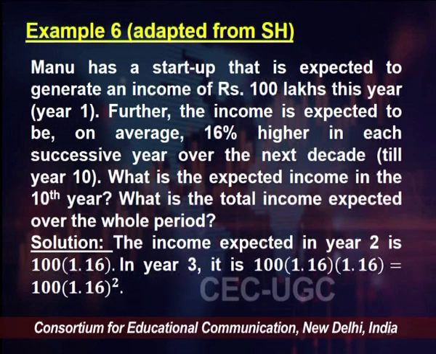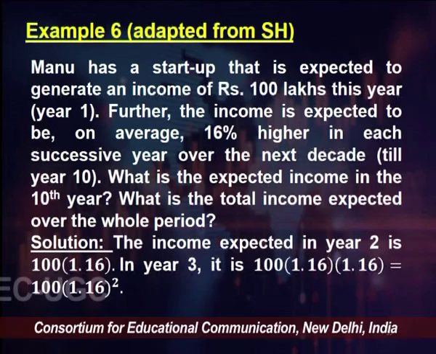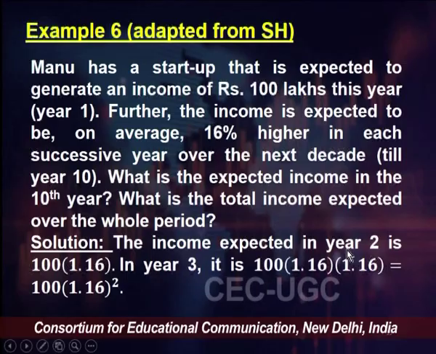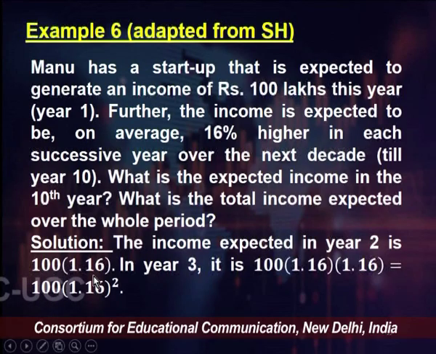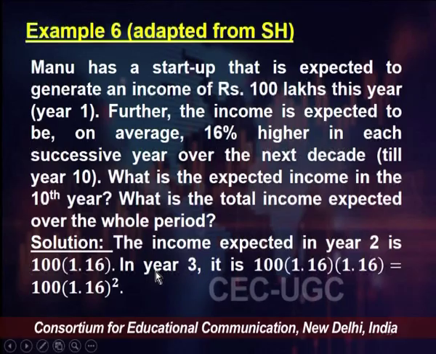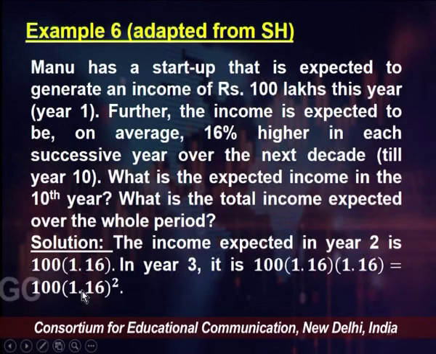Okay, so if you look at this question, this year Manu is making 100 lakhs, right? The income that is being generated is 100 lakhs. Now, because the income next year, which is year 2, is going to be 16% higher, that value is going to be equal to 100 times 1.16. So, you can use your compound interest principles here. So, 1.16. In year 3, the income is expected to be 100 times 1.16 from year 2, and that